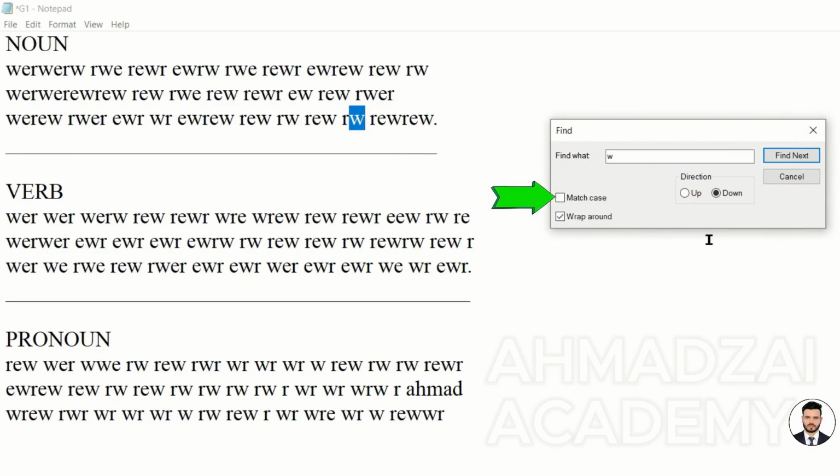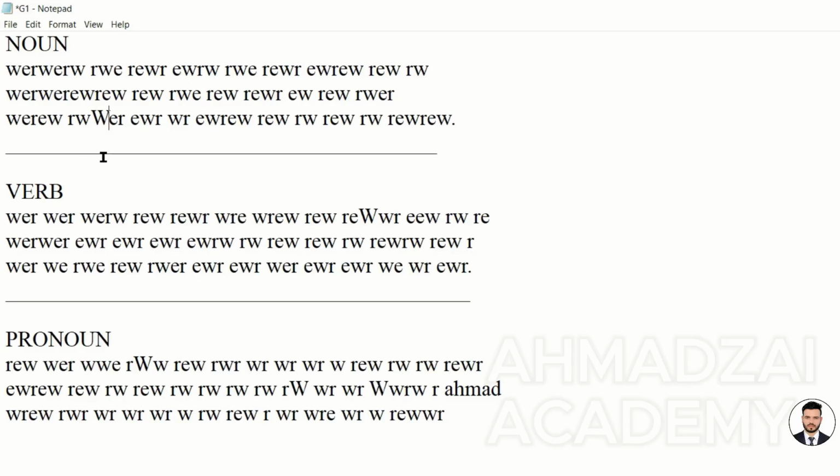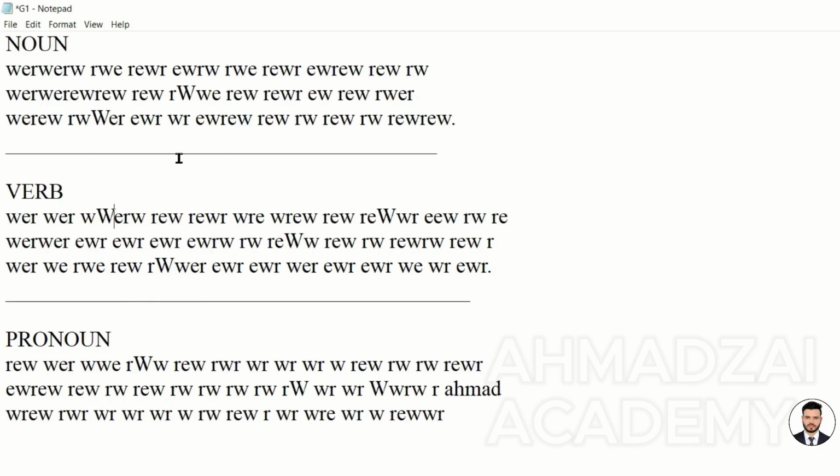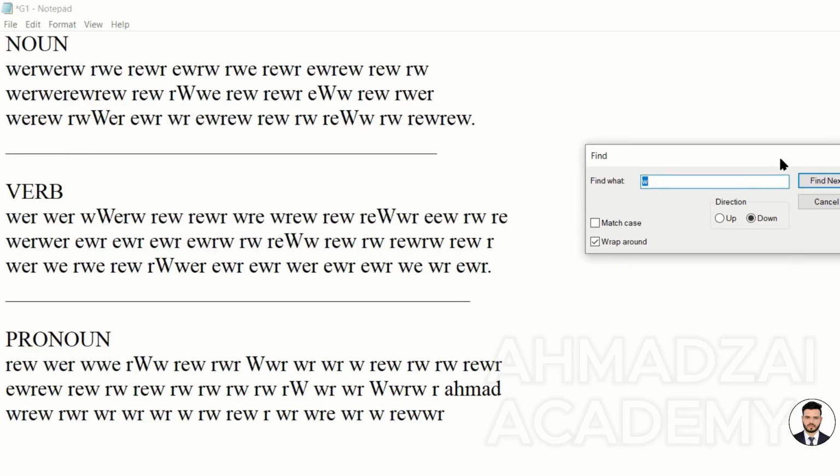Match case means whether to match the case or not, in terms of writing, whether uppercase and lowercase letters should also match or not. For example, in our example here, we have some W's that are written in uppercase. For instance, we have it here, here, here, and here. For now, we're working with letters as examples. Try it. We have 2 types of W. One W is written in lowercase, and the other W is written in uppercase. If we say, for example, just show me the letter W, without caring whether it's uppercase or lowercase, meaning it doesn't matter if they match.